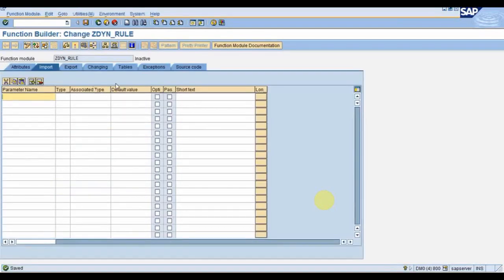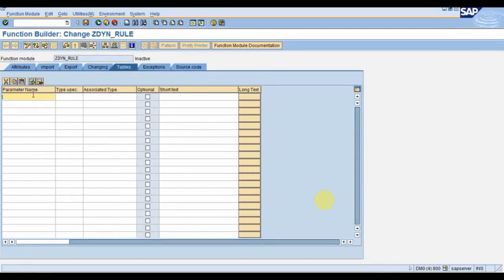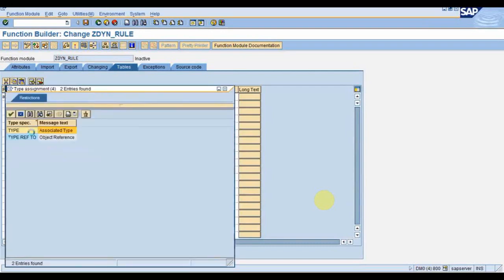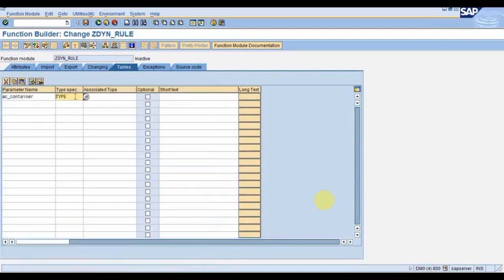Now here, as I told you, we have two table parameters which are mandatory for associating it with the rule. So going to the tables tab, we will have two elements present here, that is AC underscore container, with type like and associated type SWCONT.